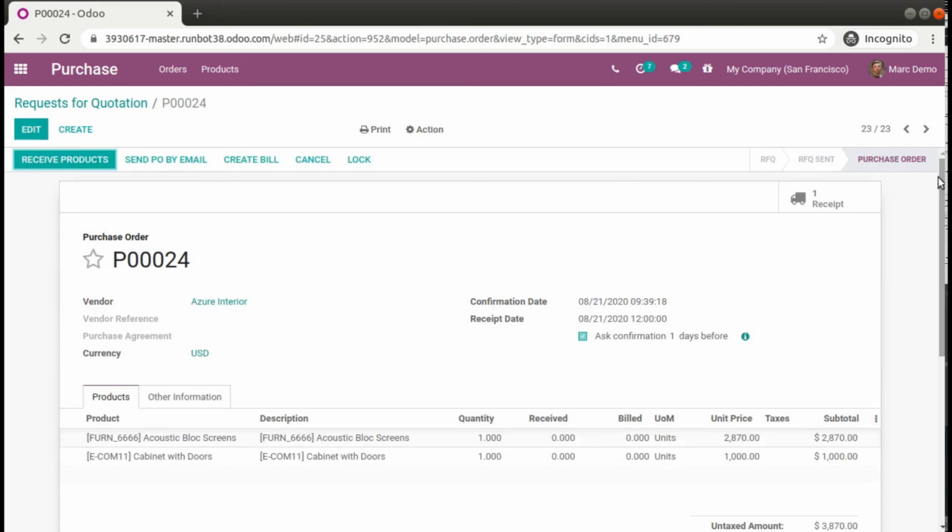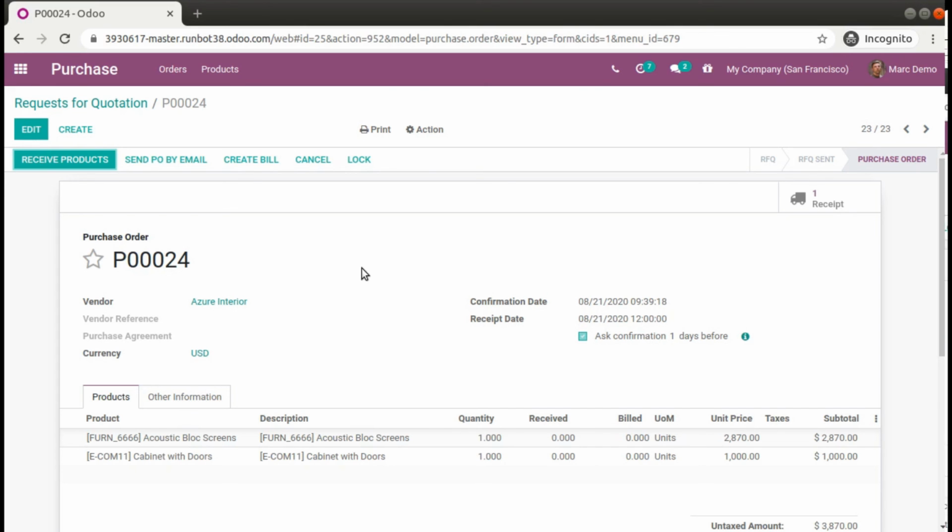So this is how we can configure the approval rules using Odoo Studio. The same steps can be implemented anywhere, like in sales or in manufacturing. As I told in the starting section, if the salesperson is going to give a discount more than a particular amount, we can set the approval. Or in manufacturing, if the users are consuming more products, we can set approvals. So this is how you can set dynamic approval rules in Odoo 14. You simply have to enable Studio and set the approval rules based on your conditions.